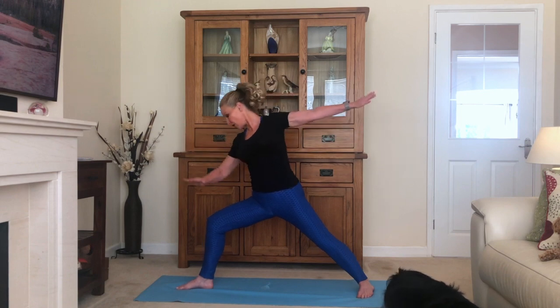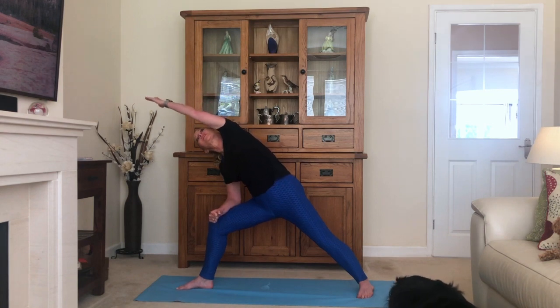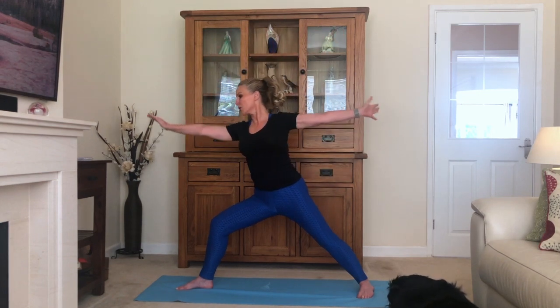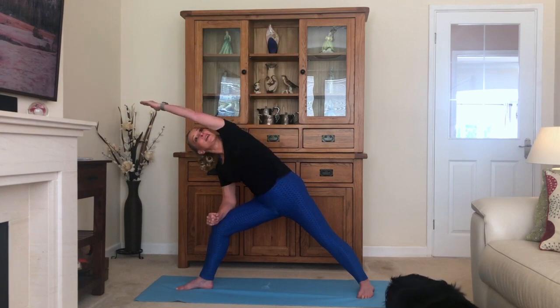We're going to go through a nice little flow here. So bring that left forearm onto the thigh, reach up and over the right arm, stretching it, and then come all the way up, pass through warrior two, and slide down the back leg, taking your top arm up and over, again, back into warrior two, and over to the side, look up if you can, big circle with that top arm, and again, sliding down the back leg, and come back up, warrior two pose,